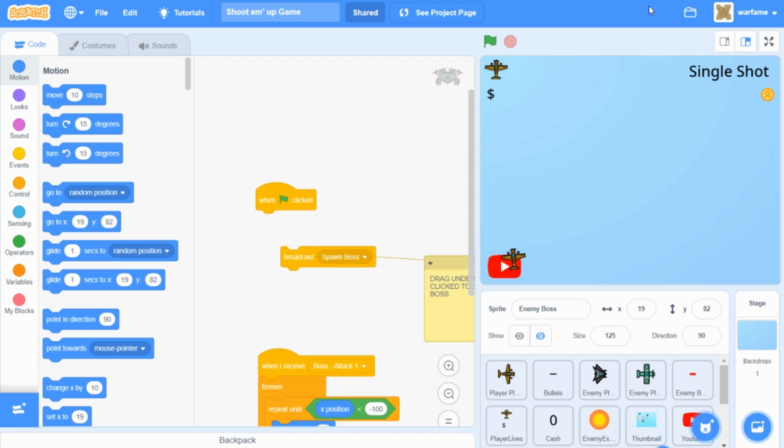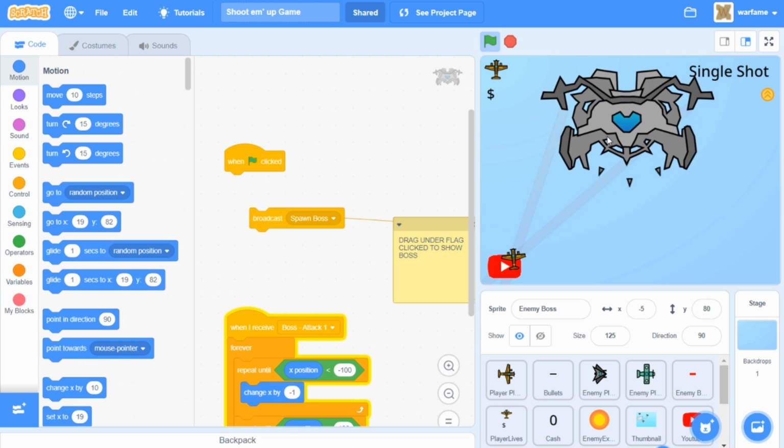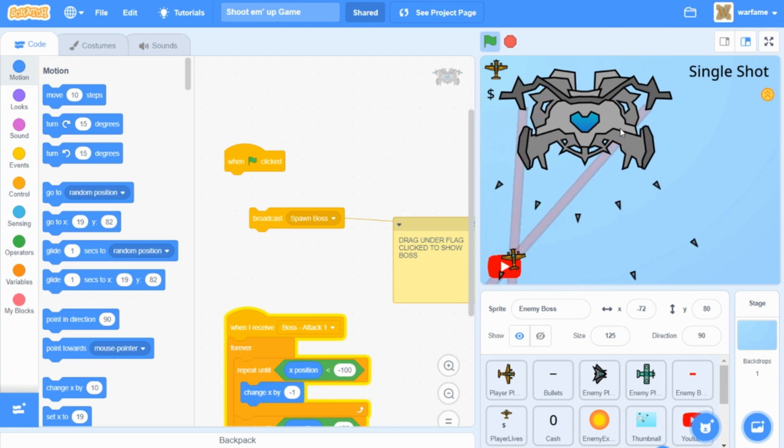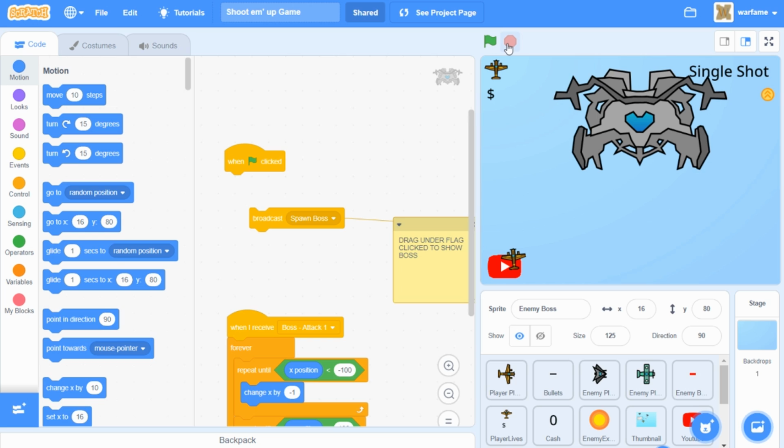So first off, in the last video, we made the first enemy boss attack, and if I click this broadcast spawn boss block, then as you can see, the boss appears from the top of the screen and moves from side to side while shooting lasers and spikes. And currently the boss does this attack forever. However, I want to add a second attack for the boss and make it switch between the first and second